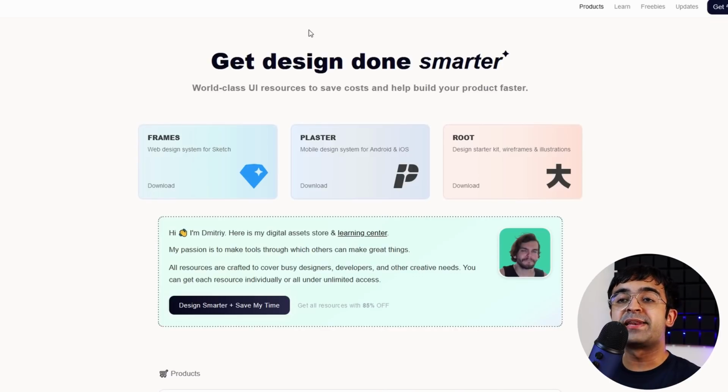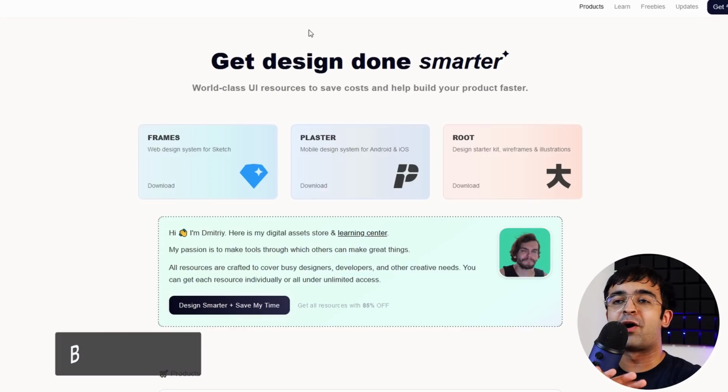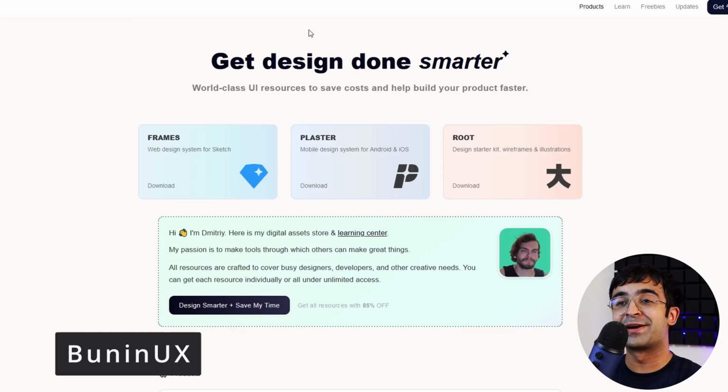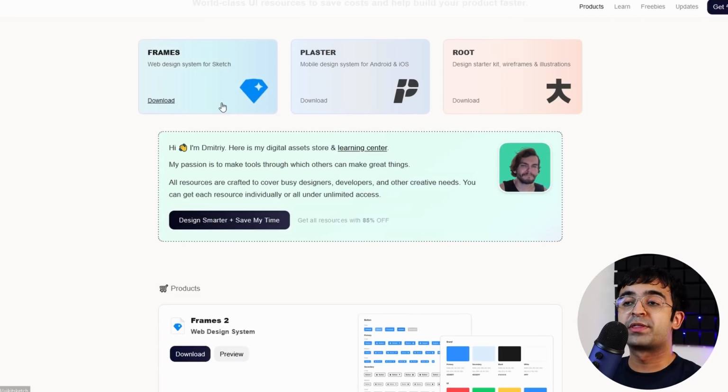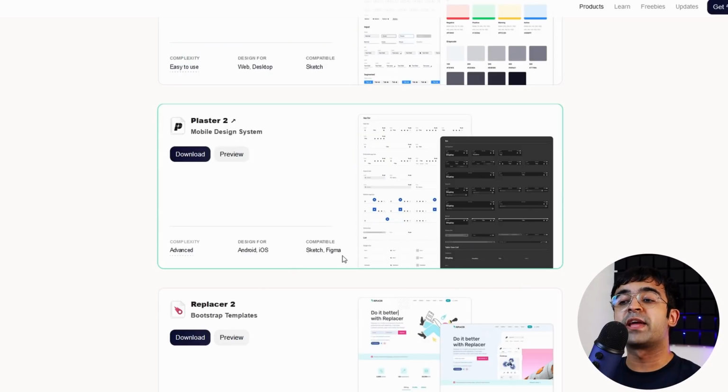Now there is a library of amazing UI kits and starter kits called Benign UX. This could be a completely different pronunciation, but that is how I'm pronouncing it. Get design done faster, and it's UI kits and resources for you guys. So they have this Frames UI kit available for Sketch, some which are even available for Sketch and Figma, which is this Plaster 2, which is these amazing components and minimal elements for your designs.